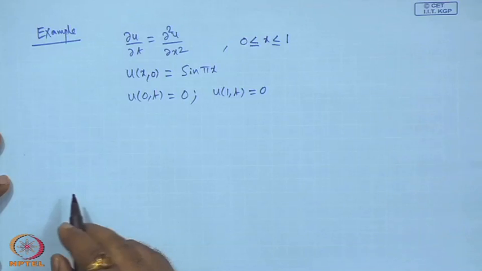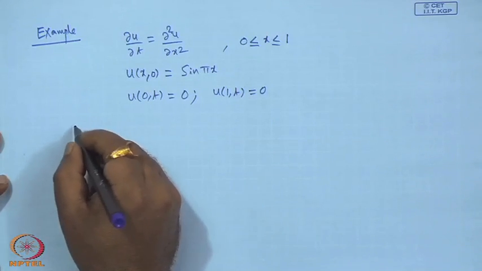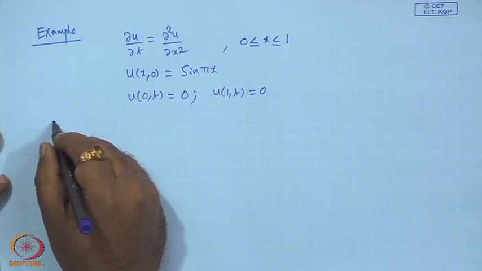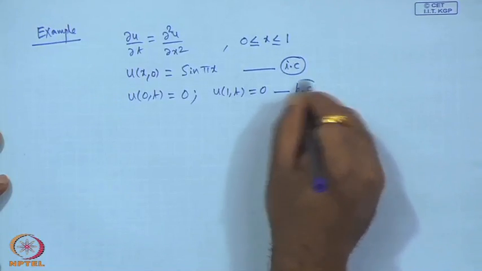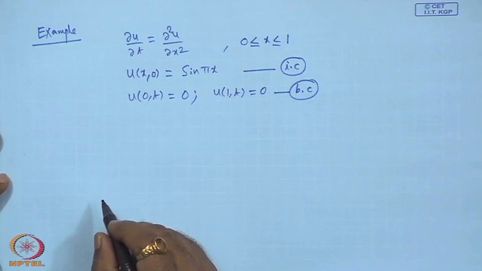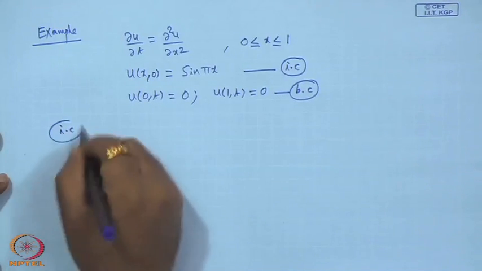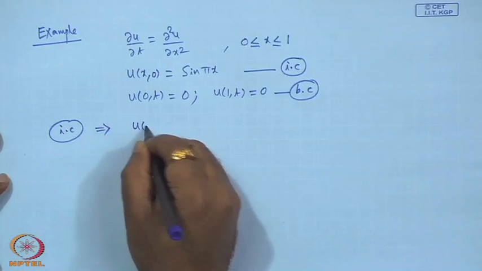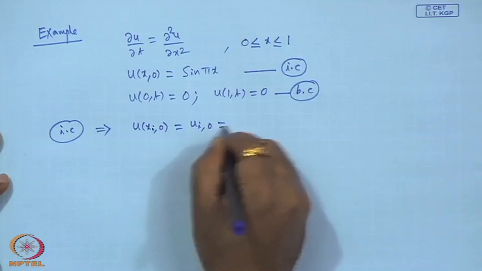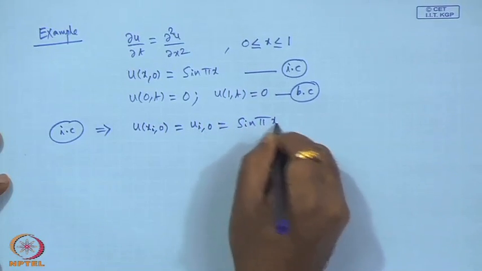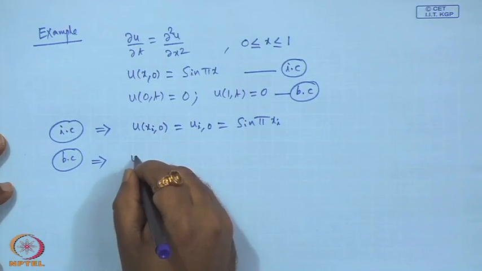Okay. So, now before we discretize, this is the initial condition, this is the boundary condition. Okay. So, let us discretize. So, this goes to u of x I 0, u of I 0, in the present case sin pi x I, and the boundary condition u of